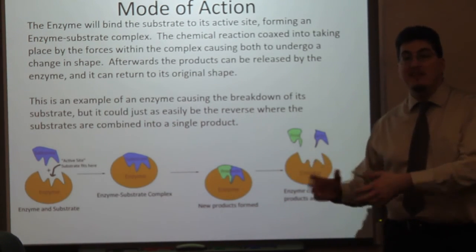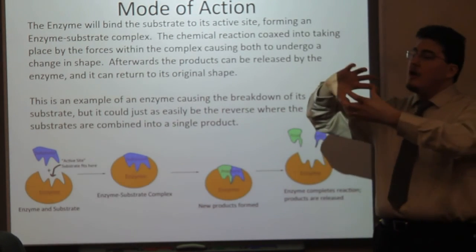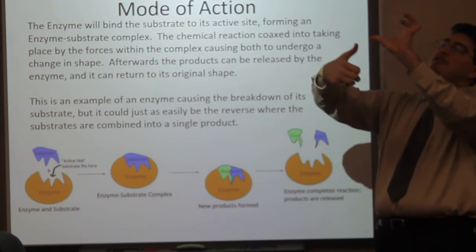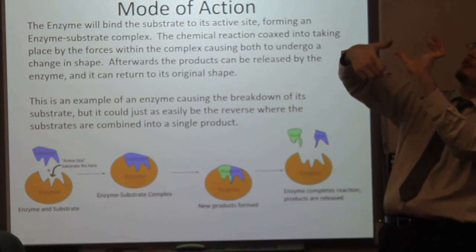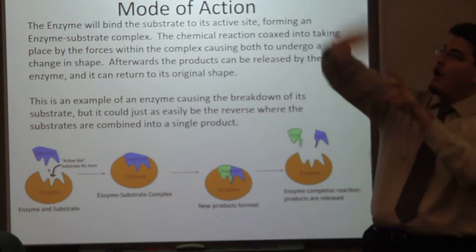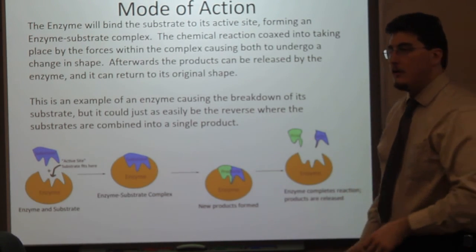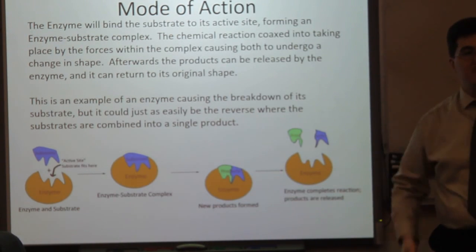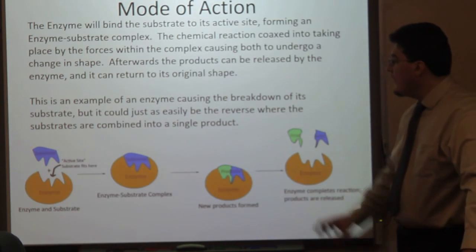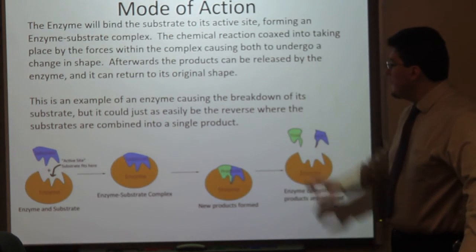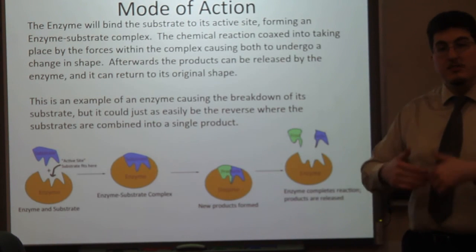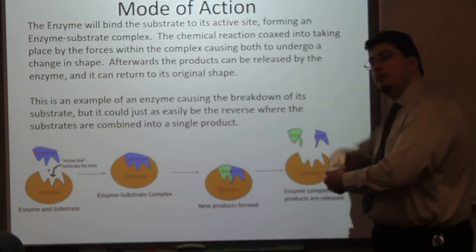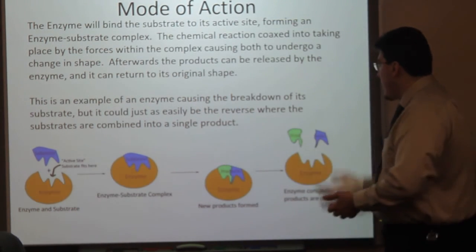If this were two amino acids, it would be pushing the carboxylic acid group and the amino group into just the right position so this amine group and this hydroxyl group are right there so water can be ejected. So twisting of these substrates into the perfect position forms our new product. Now that our product is formed, it's no longer the substrate. We have different intermolecular forces. And now it will be ejected. And now the enzyme